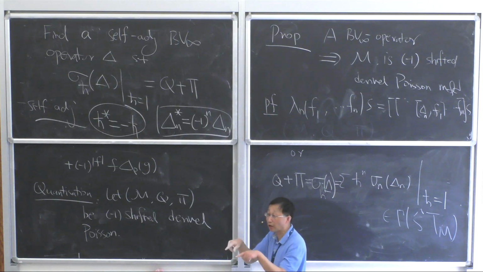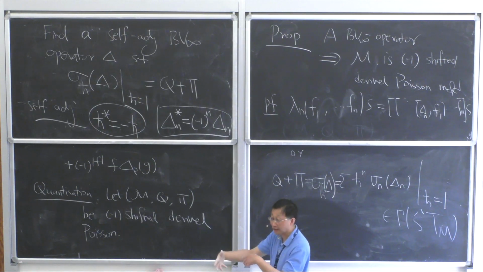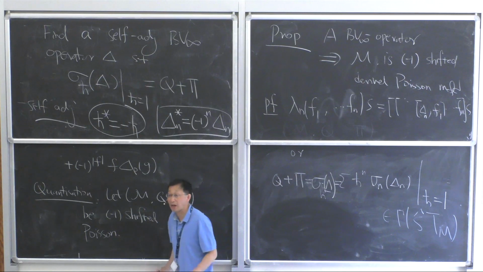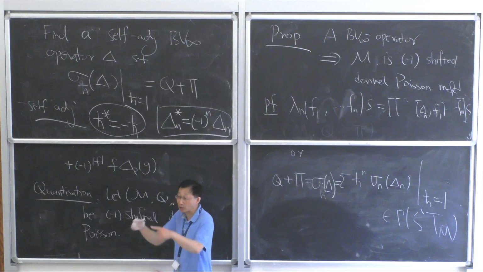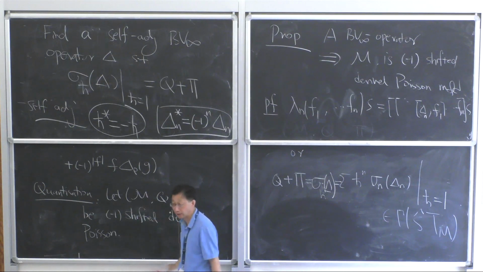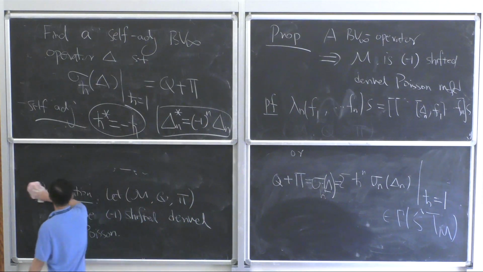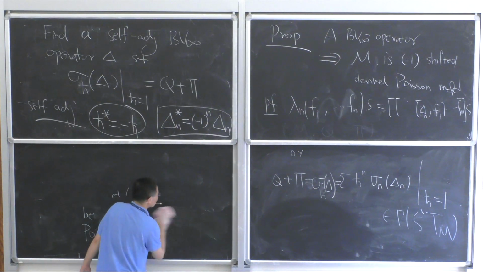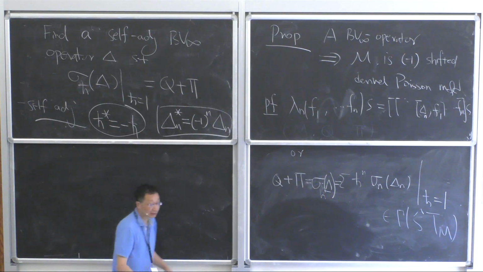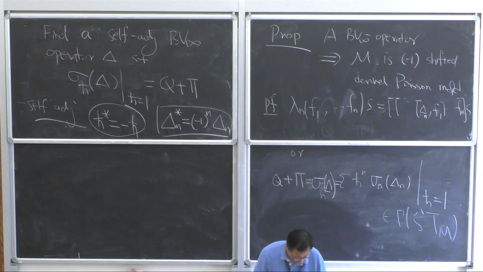There's a natural pairing because I'm looking at operators on half densities now. So that's why, instead of differential operators on functions, I use differential operators on half densities. On half densities, you have a natural pairing. When you pair two half densities, they become one density, and you take the integral. So there's a natural pairing there, so you can talk about the intrinsic notion, otherwise you need some work. So that's the advantage of talking about self-adjointness.